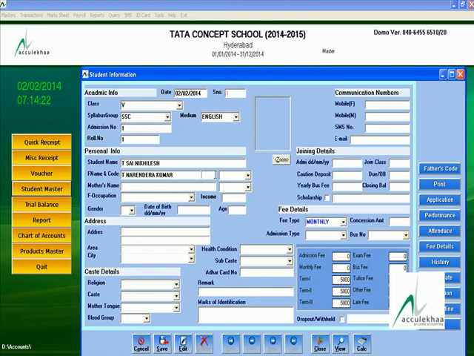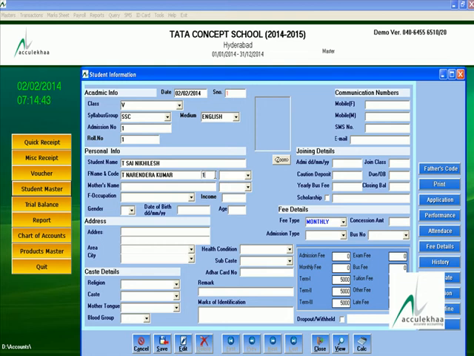So at a glance you are able to know the due amount of that particular parent or all of their children.